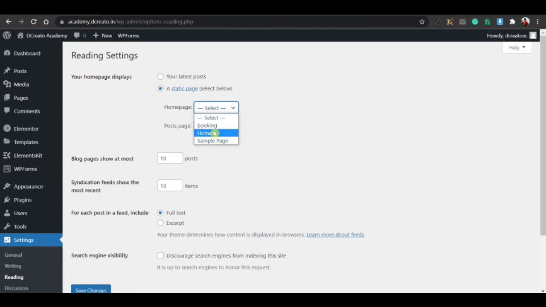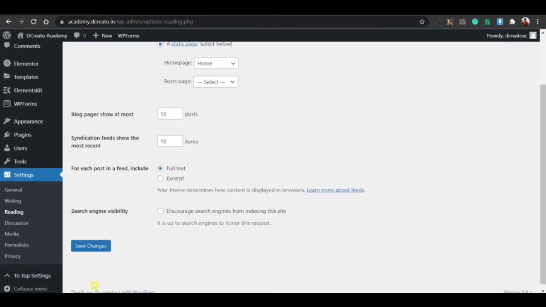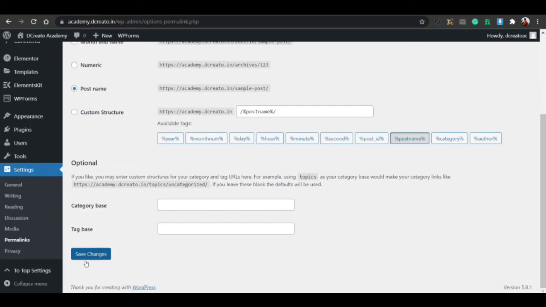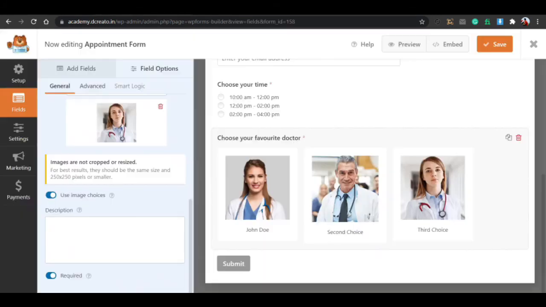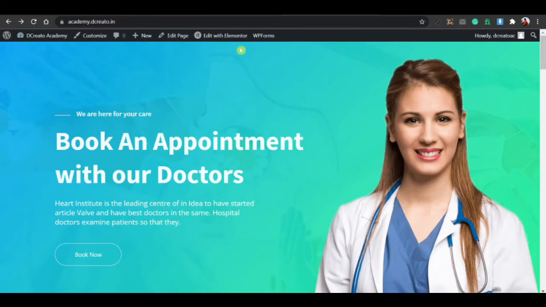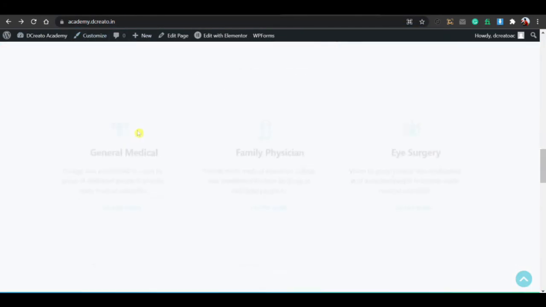And then this is the home page. Just click on this home page to select your home page, and then save changes, and then go to Permalinks, and you must select this Post name. You may see that by default something else is selected, but you have to select Post name, then save changes. After this, if I load this page, you can see that this is the domain name, and the home page has come.